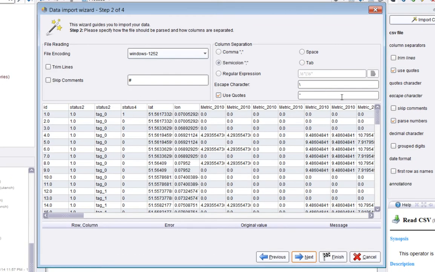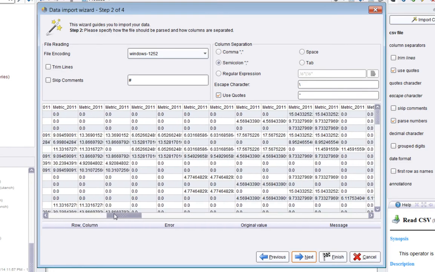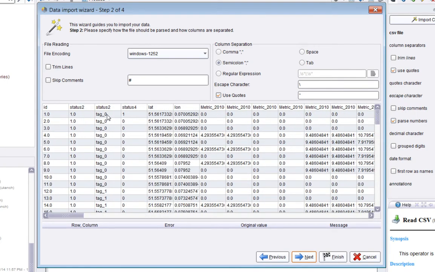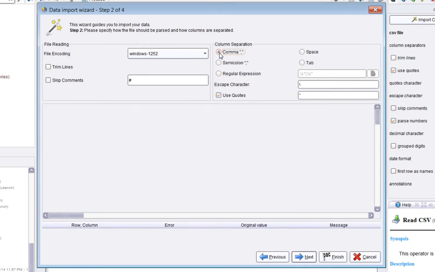And we see that the import wizard does a good job of quickly reading in everything, and you can see there are a lot of columns, a lot of attributes in this data, 110 or so I think from memory. And you can see when you do the initial import, you actually get to see the data as it appears in the CSV file. So you can see already that the first row is the names of the attributes, and then the subsequent rows are the data. You can see also that it's semicolon separated. If I put comma in here, it won't work, so I have to put that to semicolon